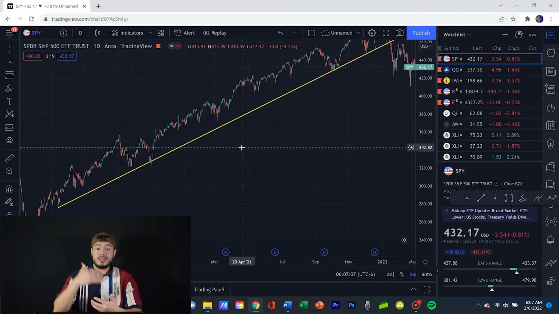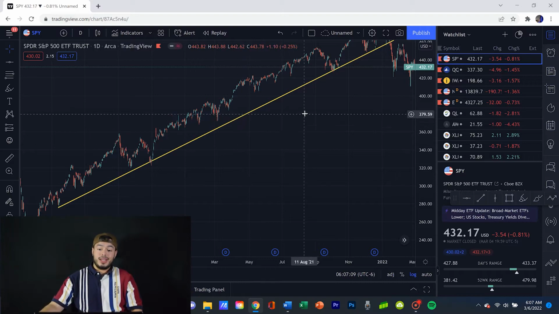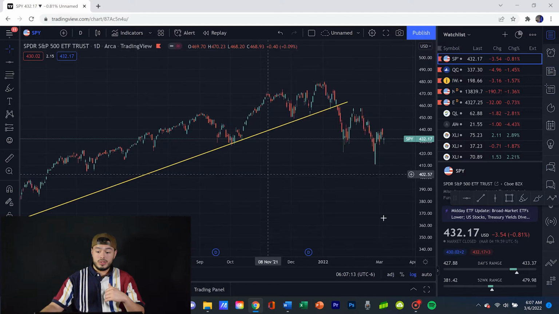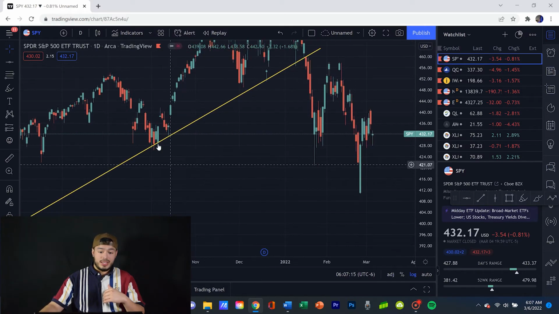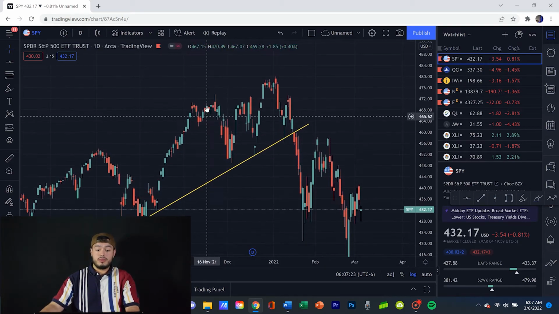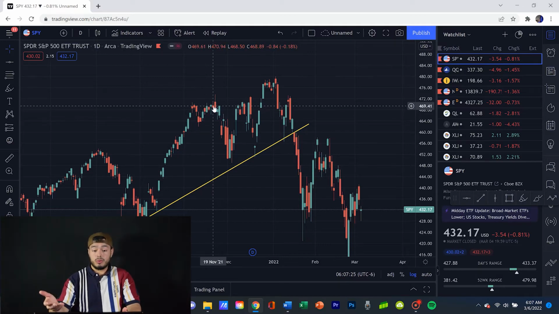So if you ever see it fall back to this line and it respects it and it bounces from that level, you would buy. So you see it hit this line right here, you probably would have bought some right here. You'd see it come back to the line, but ultimately it respects the line still, and you end up getting in. You probably would have sold whenever you felt comfortable with profits, which if you see in the future,